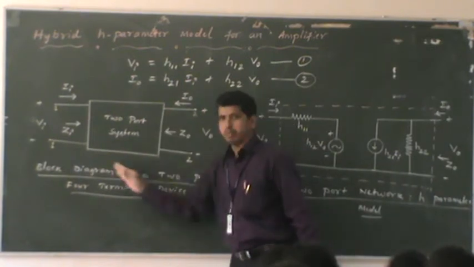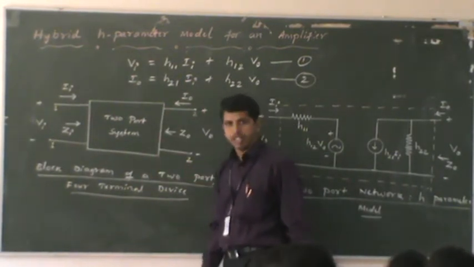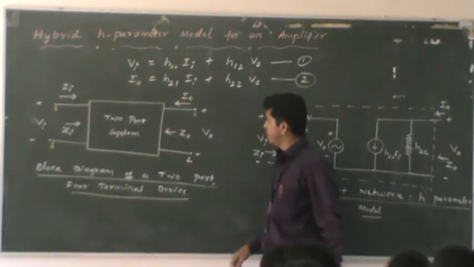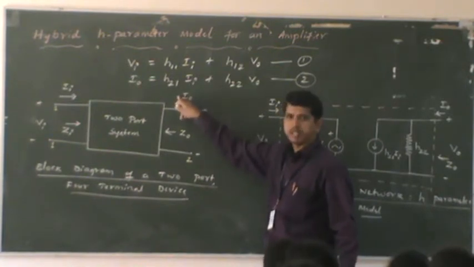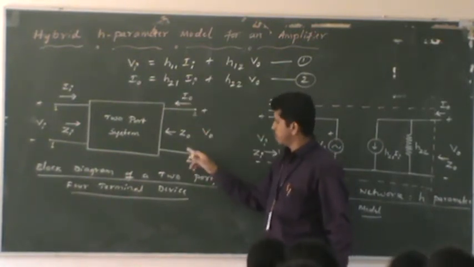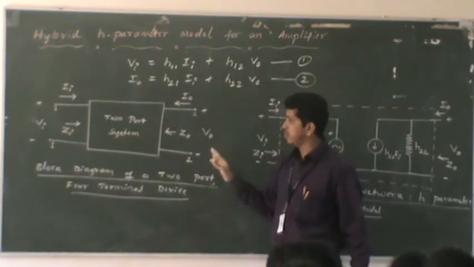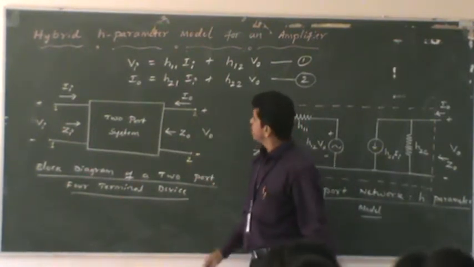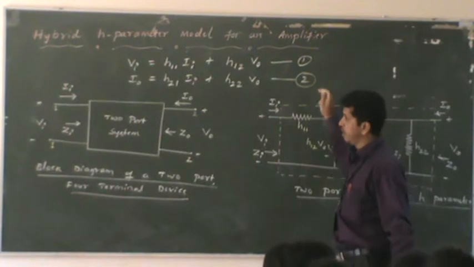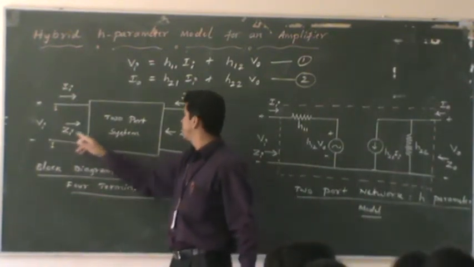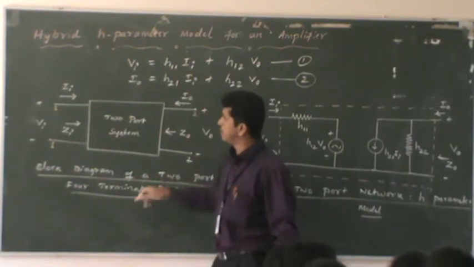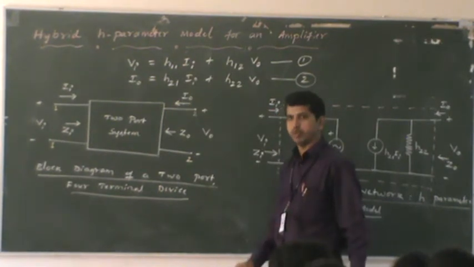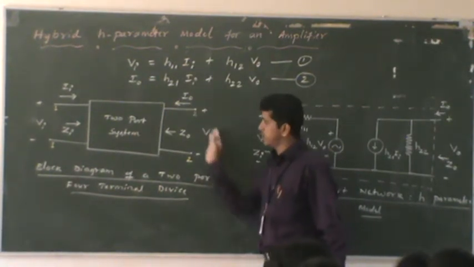So in this two-port system, you are seeing totally 4 variables. Vi and Ii are 2 variables. The other 2 variables are V0 and I0. And of course, Z0 and Zi, even though they are variables, for the time being we are going to ignore them. Later on, we are going to consider even these 2 variables. But in our equations defined by equation 1 and 2, we are not going to consider variables like Zi and Z0. Primarily, we consider Vi and Ii as variables, and V0 and I0 are the other 2 variables. Totally, there are 4 variables in this block box.